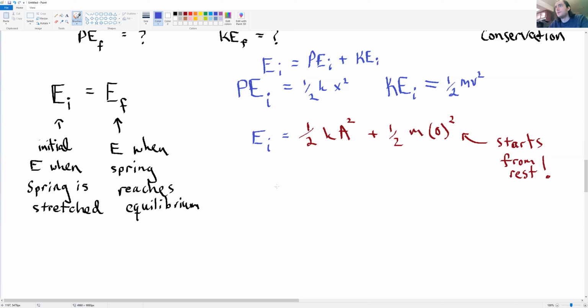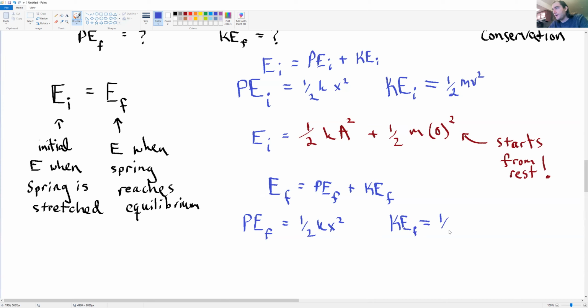What about the final? Well, energy final, again, just writing the steps out, is potential energy final plus kinetic energy final, right? And potential energy final is again 1/2 kx squared, and kinetic energy final is again 1/2 mv squared, right? The way we calculate these things doesn't change. But now x is 0 at equilibrium,